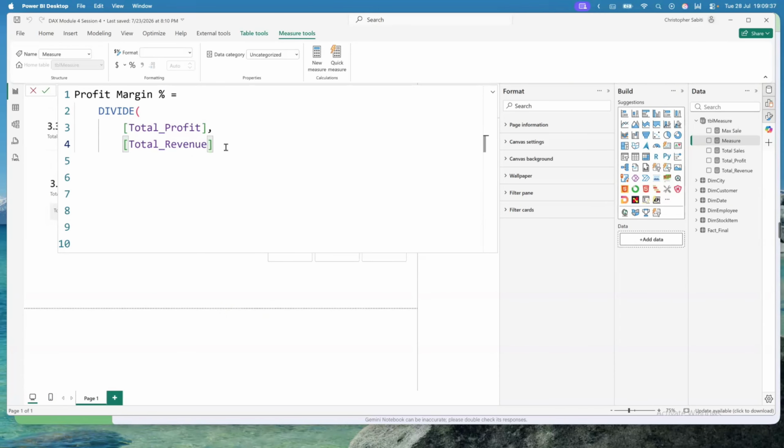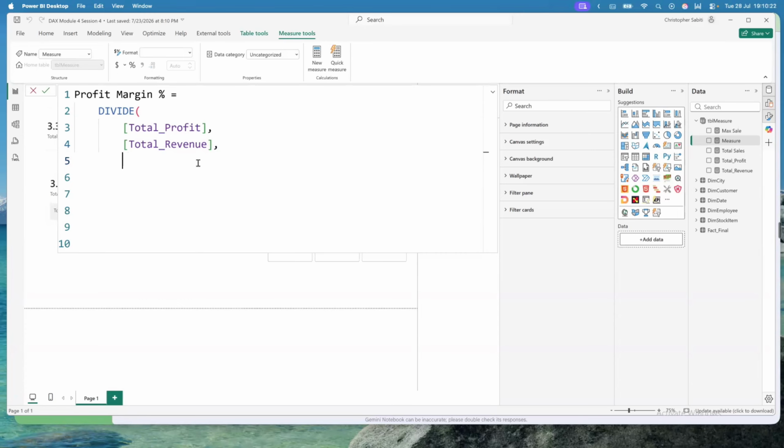Then they told us that after putting that, in case you need to put an alternative, in case the answer is 0, or you're having 0 profits dividing by revenue, it will always give us maybe a 0, or it will give us that error you get when you're dividing by 0, in case the total revenue was broken and it was giving you a 0. In case you don't want to get those errors, you can always say comma, in case we are calculating this and we don't get anything, tab,